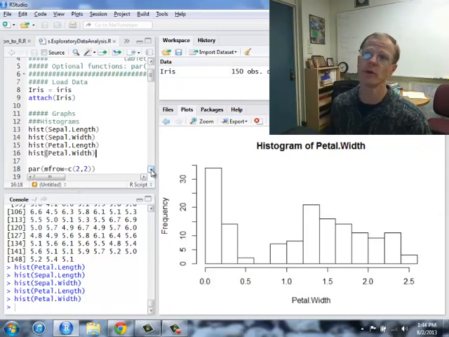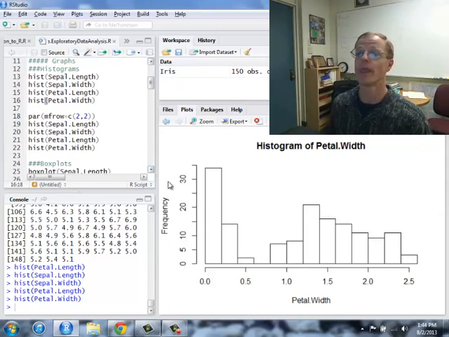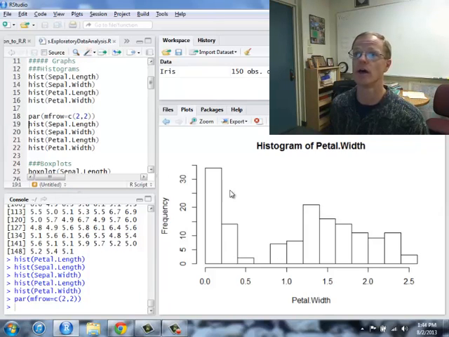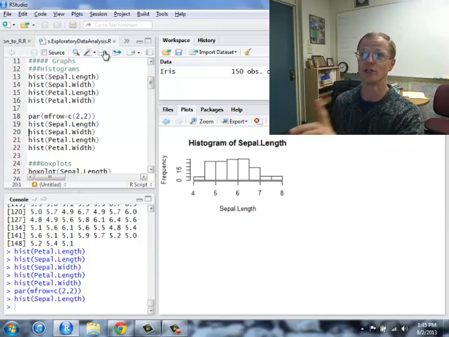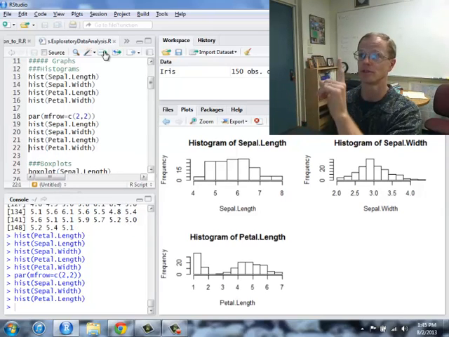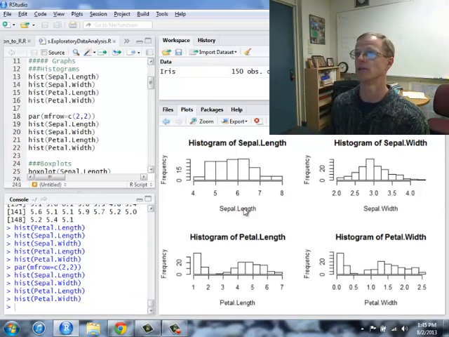Okay, now what if I wanted all that stuff together? Well, here's an optional one. I wouldn't ask you to memorize this command or anything, but parameter allows you to adjust many graphics parameters. And if I set it to 2 by 2, that's going to give me a 2 by 2 matrix of graphs. So the next graphs that I do are going to go into my 2 by 2 matrix. And there they are. So we've got the nice titles here to differentiate,